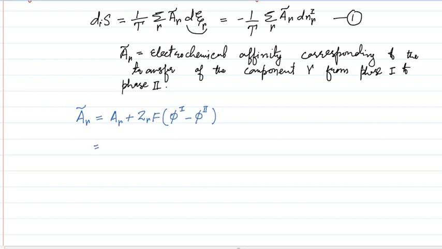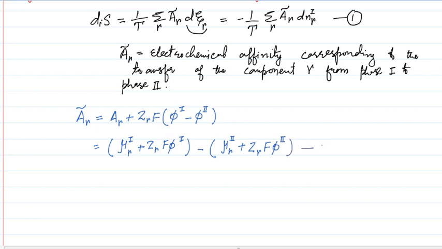That means this can also be written in terms of chemical potential: mu gamma for phase 1 plus Z gamma F phi 1, and similarly for phase 2 we can write mu gamma for phase 2 plus Z gamma F phi 2. F is simply the Faraday,